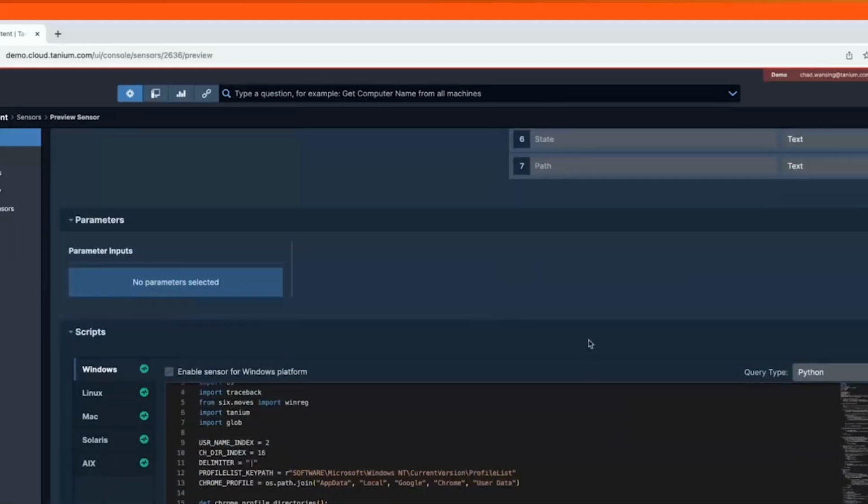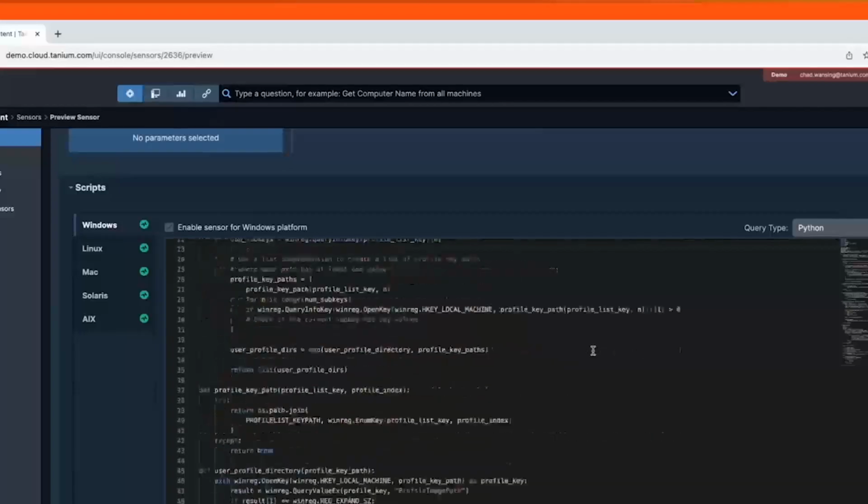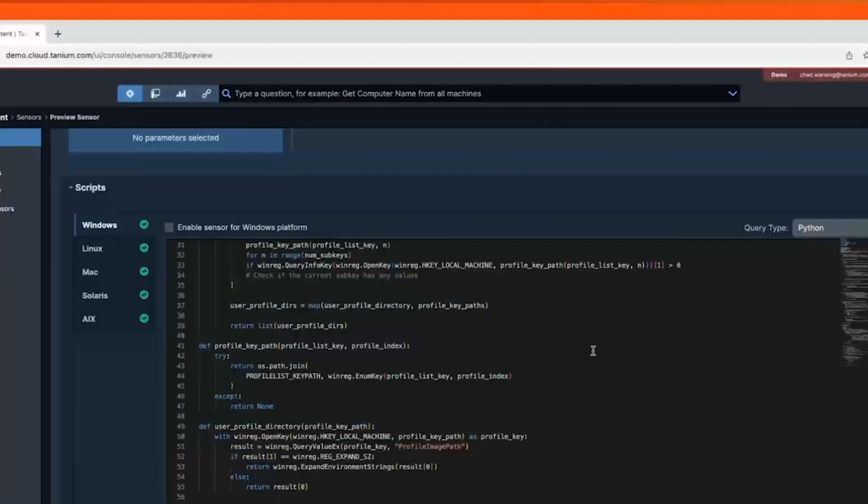Because if it can be done with Python, PowerShell, VB script for as long as it's still around, WMI, local shell in the case of Linux, Mac, AIX, I can do it. If you have a PowerShell script that you're running onesie twosie on endpoints today, and you want to hand that to me and say, hey, this would be awesome if I could run this on every machine at the same time and bring that data back, the answer is yes, I can.